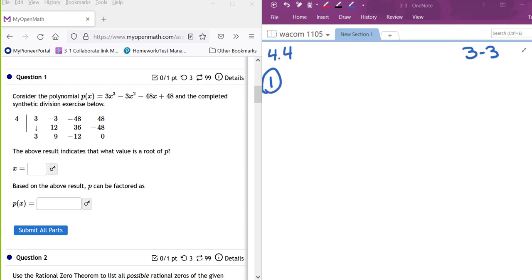It's because you have a 0 for a remainder. That's what you want to see there. And so whatever you're dividing by, the 4 is a root. So 4 is a root, and I'm not going to write all that in the notes. There you go. And so based on the above result, p can be factored as, so they want you to include your divisor, which is actually x minus 4,